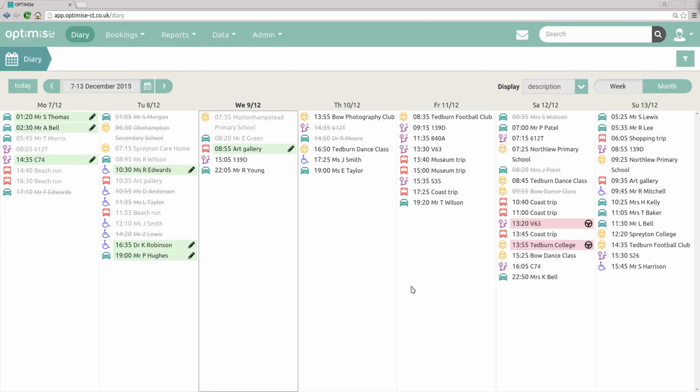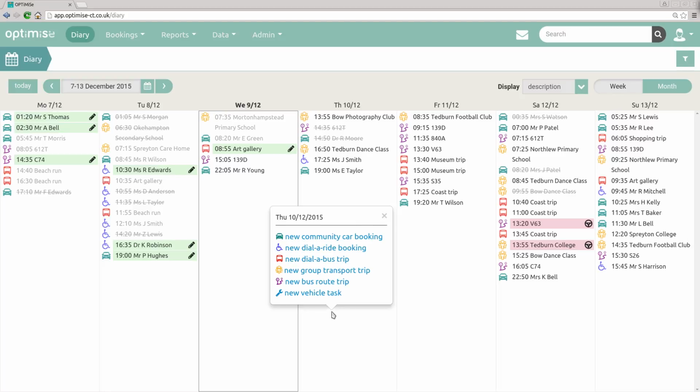Now, the diary page is the heart of OPTiMiSe and shows the bookings over the current week. OPTiMiSe can handle bookings for 5 different types of services. These are community car, where a volunteer picks up passengers in their own vehicle; dial a ride, where a volunteer